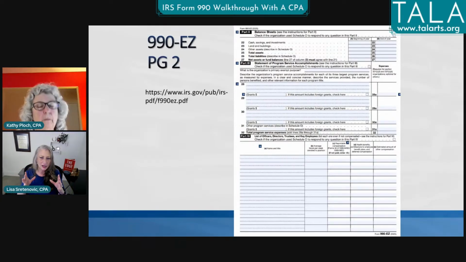This is the area in which you really, really want to take some energy around tracking things that are not just financial. You want to track how many people you served, what demographics they represented, the outcome of what you were trying to implement, not just that you had a program, but that it got them from this point here to that point there, and that's how it fulfilled your mission.